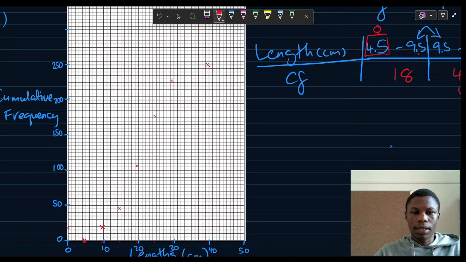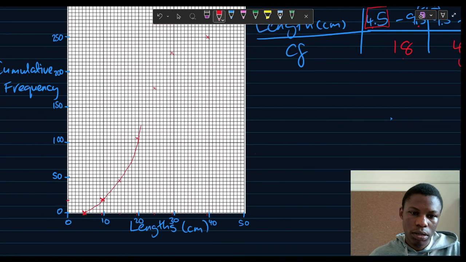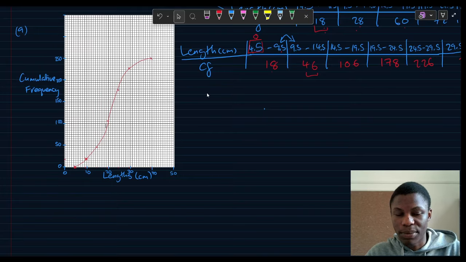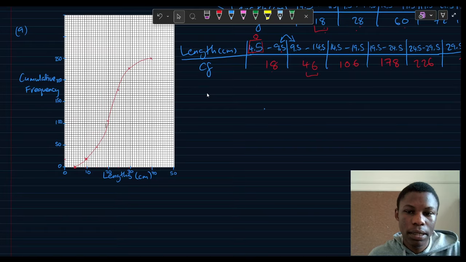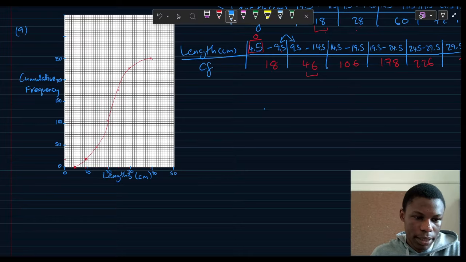Like that. And then you try to join your points with a beautiful S-shaped curve. Something like that. Okay. This becomes your cumulative frequency graph. Again, I hate the scale that we used. I don't know if there was a better scale given the grid, but yeah, that will be your cumulative frequency graph. Part B says